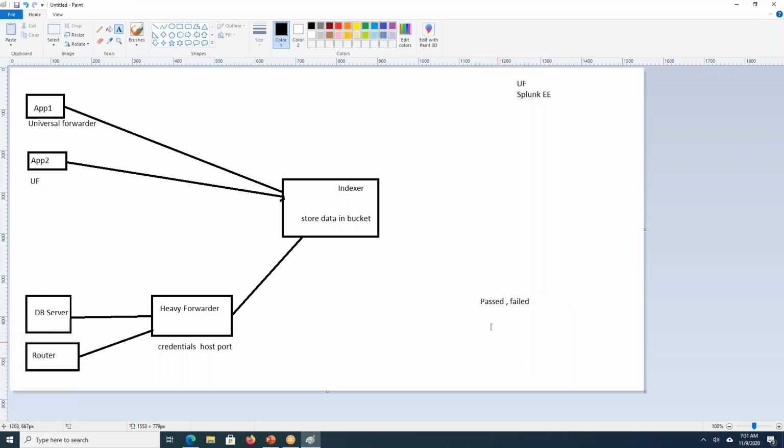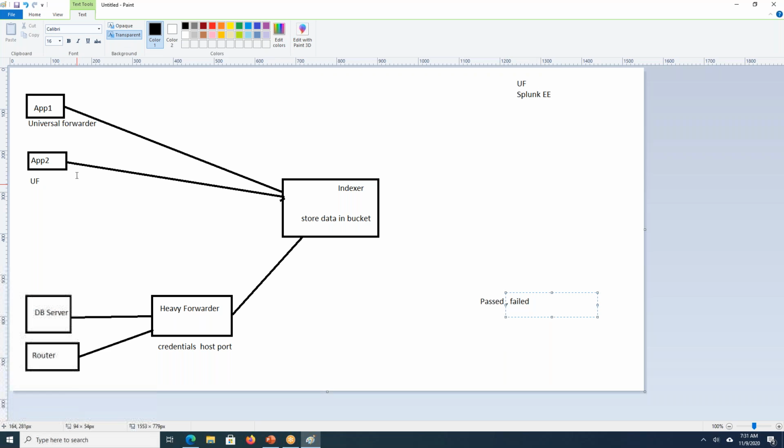But what I told, I don't want the past transactions, I want to collect the details of only failed transactions. So in simple terms, if I want to parse the source data, and the universal forwarder does the job, then there will be overhead on the application you are running. Let us assume you are running your app server and you want to customize your data, send only specific things, parse the data on the fly,